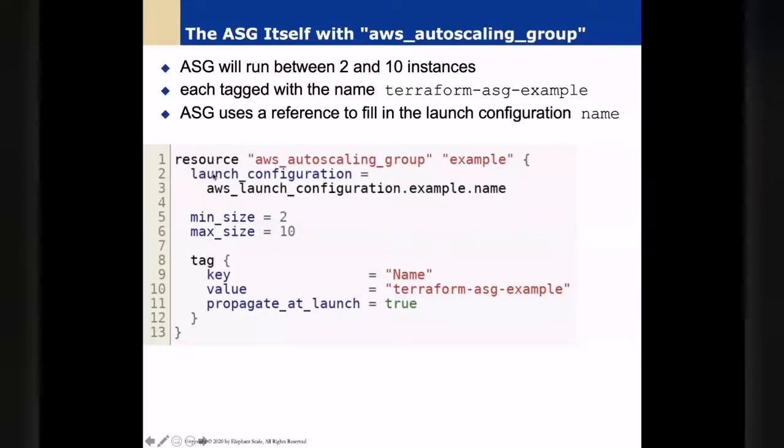And here is the instance which you are launching, the scaling group. That's the one that you are launching. And by the way, they use the example also there as well. Now, the minimum number of instances is 2. So it will come up with 2. The max is 10, so it will never go above 10. And who controls that? That's your load balancer. The load balancer will watch the traffic on each, will watch the load, which you set. You say, you increase it when the CPU is more than 50%, something like that.